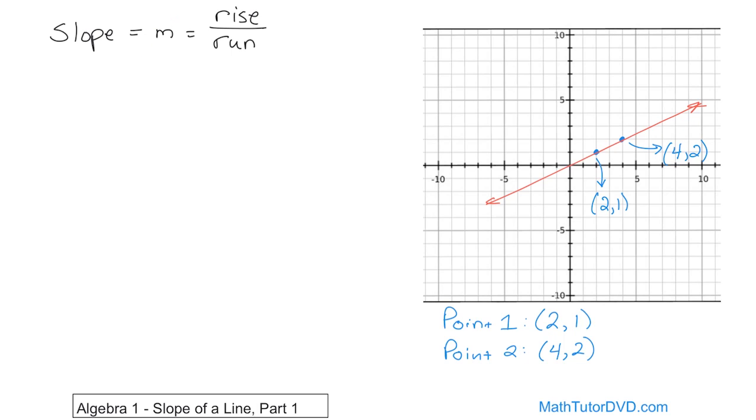So the slope is the ratio of how much the line is rising, how fast it's going up compared to how fast it's going over. It's kind of like a mountain. If you think of this being like a mountain right here, we say a mountain is steep if it has a whole lot of rise in a very short amount of horizontal